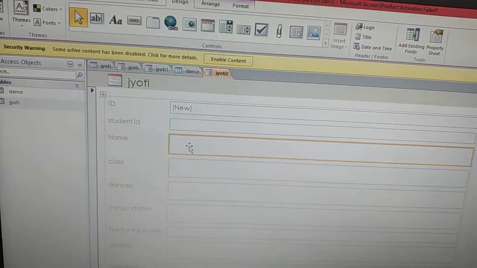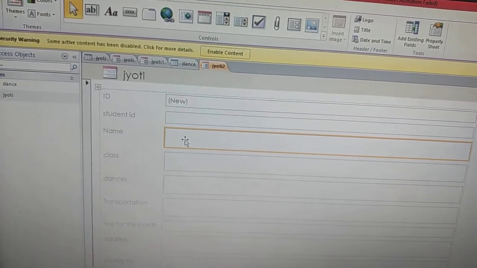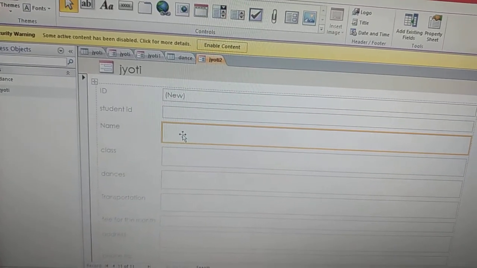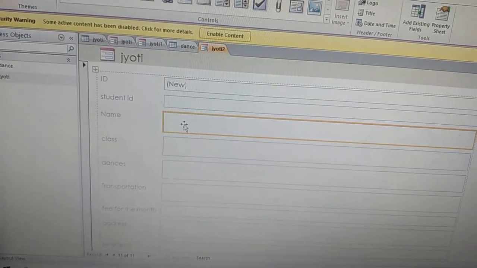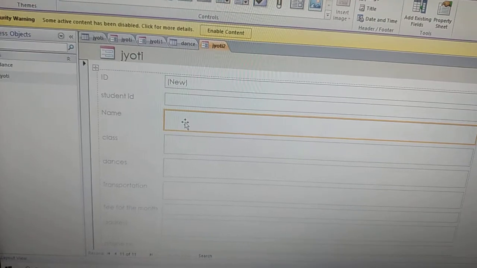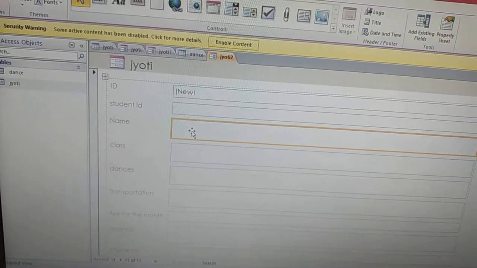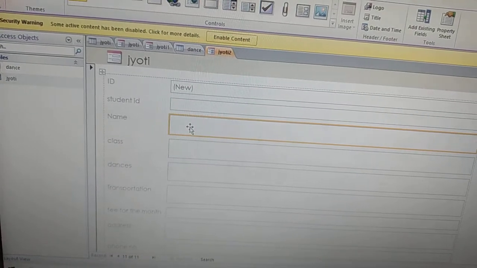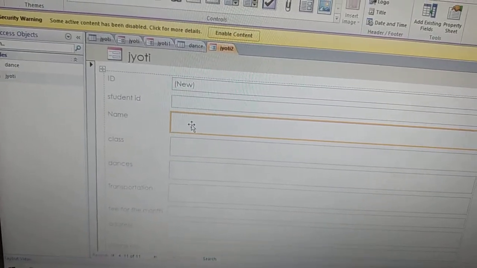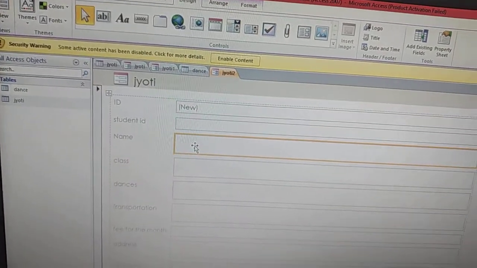Now the next is your data sheet. Data sheet is a type of form that just looks like a regular data sheet, but it is actually a form. Means it is useful when you want to show the database in some form. The next is your modal dialog. It is just like a dialog box, but it is a form. So these are the 4 types of forms, but in this chapter we will read only the split form.